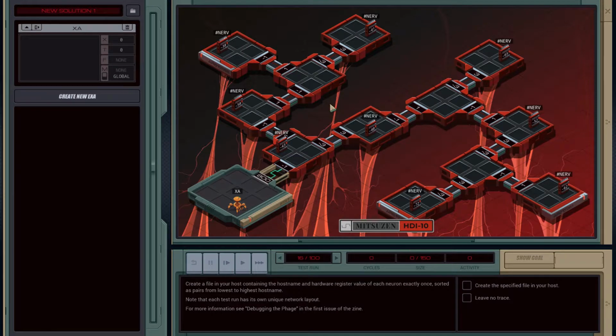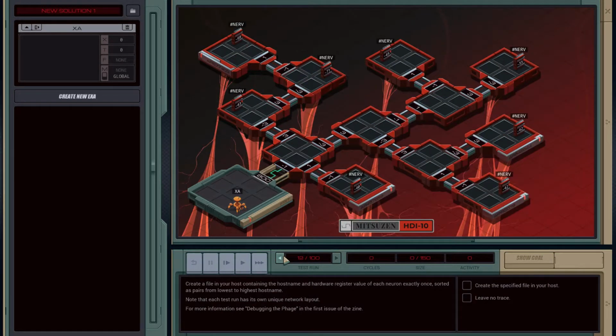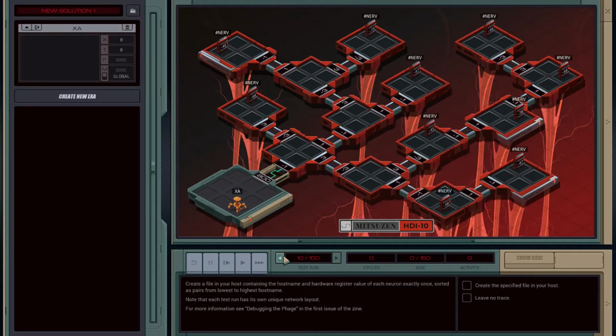But anyway, we'd visit each node at least once. And we could, at each step, check, hey, are we back home? If so, drop off the file. Right? We don't have any loops in them or anything dumb like that.